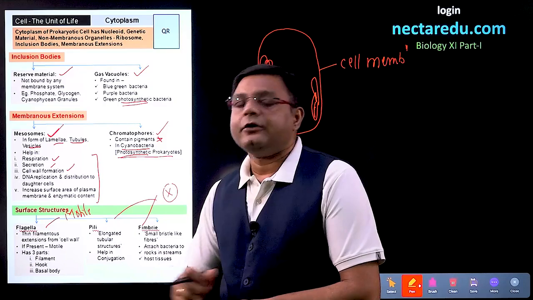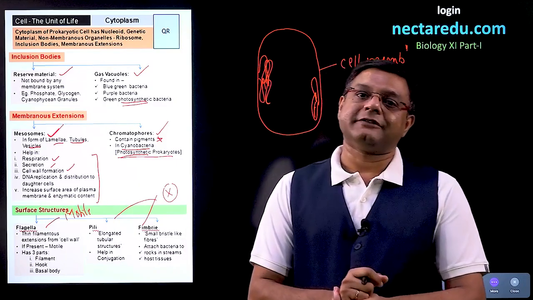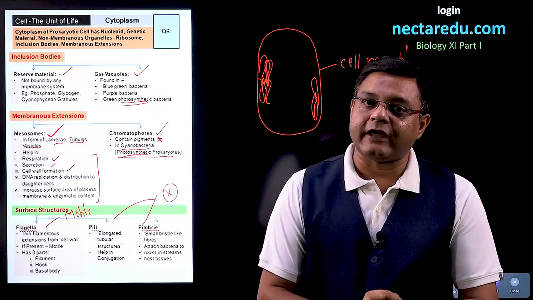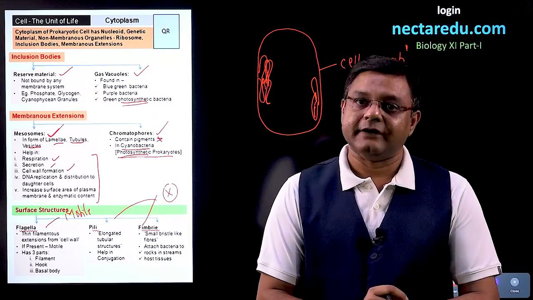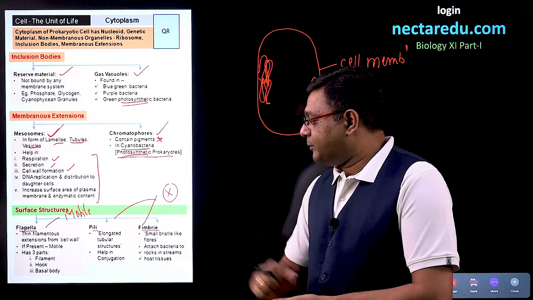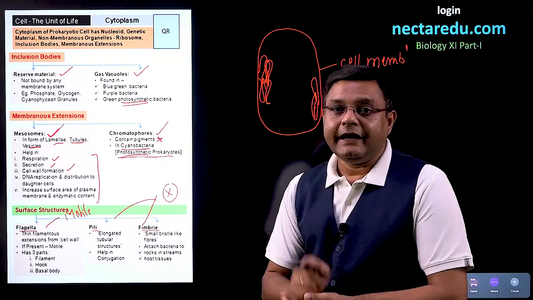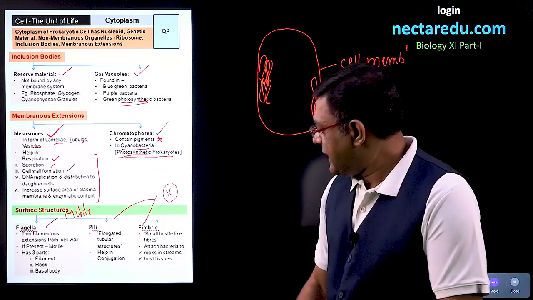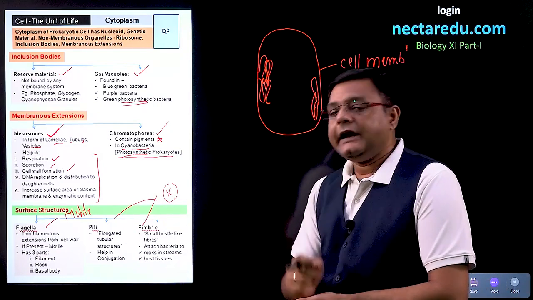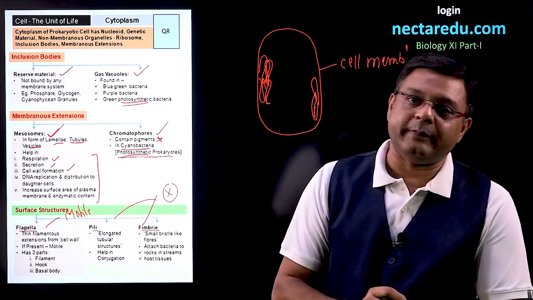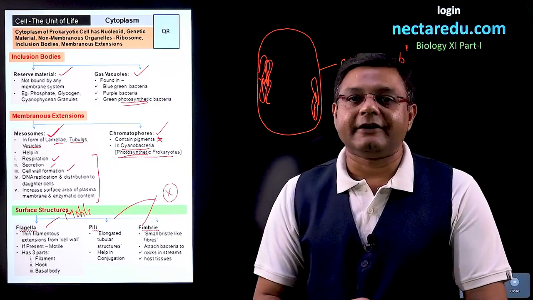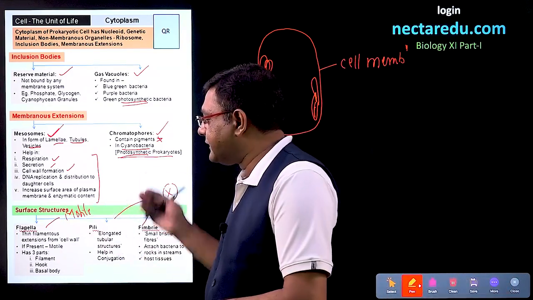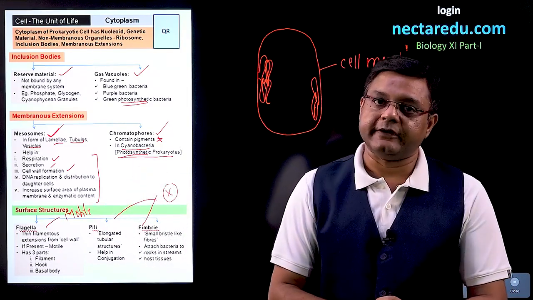One point to be noted over here is that eukaryotic cells also have flagella, but the structure of flagella of prokaryotic cell and eukaryotic cell is different. Coming to the function of pili, it helps in sexual recombination, which is called conjugation. Coming to the function of fimbriae, it helps attachment of bacteria to rocks when flowing in a stream, also to host tissues. So these are the 3 surface structures which are present in bacteria.